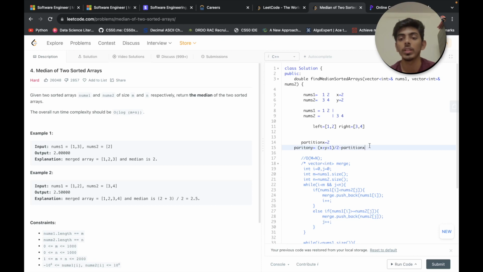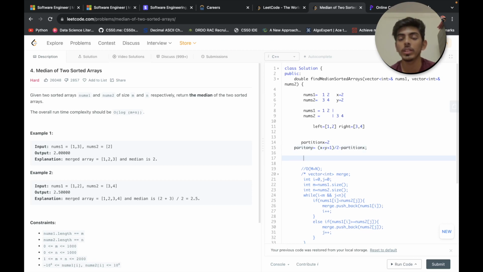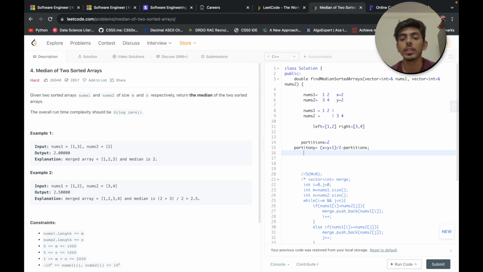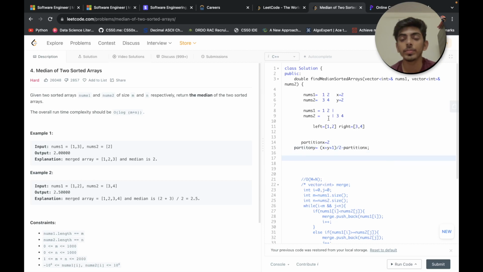We have derived the formula. If you consider any test case, you will be able to see why we have written this, right? After that, we need at least 2 variables, partition x and partition y. In this case we have achieved the desired condition, right?